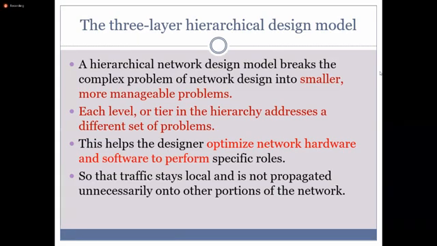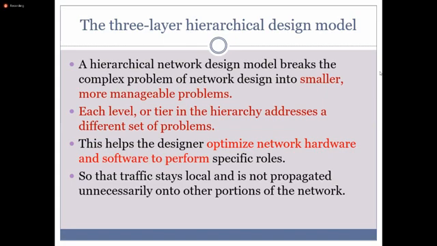So in the hierarchical model, the complex problem is divided into smaller and manageable problems. Then you will know the different sets of problems, and it will help to optimize your network and software performance in specific layers.